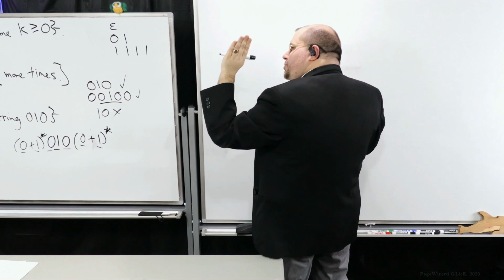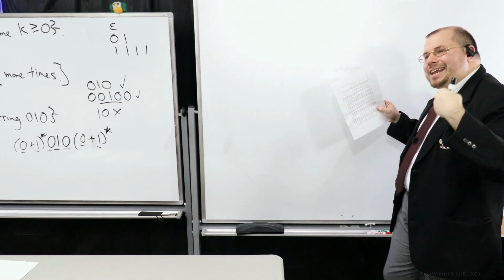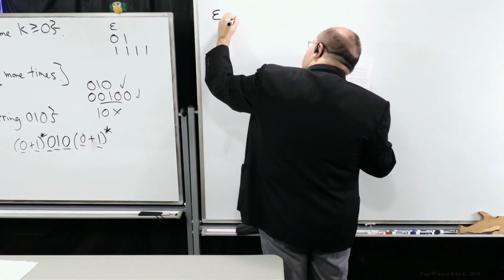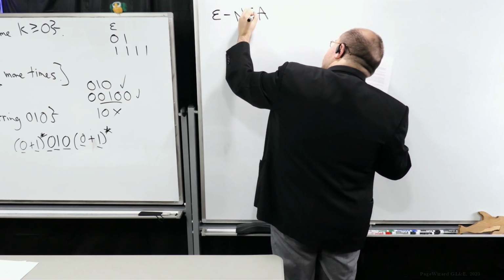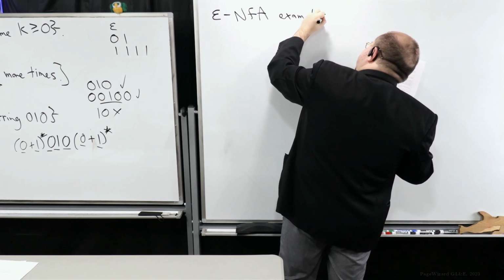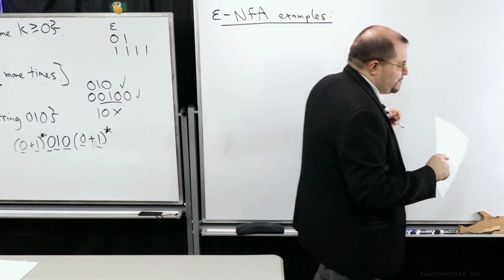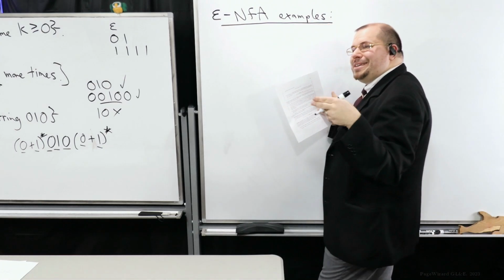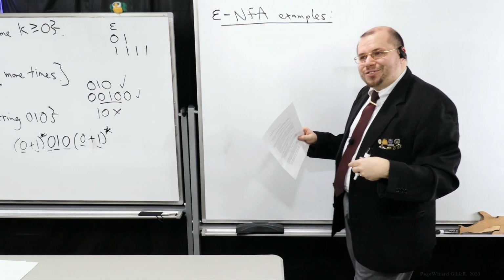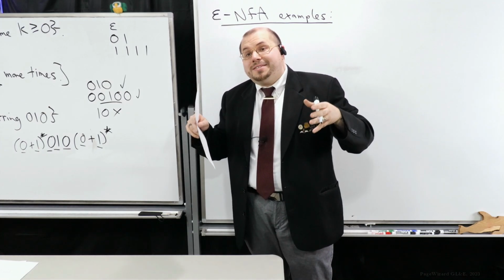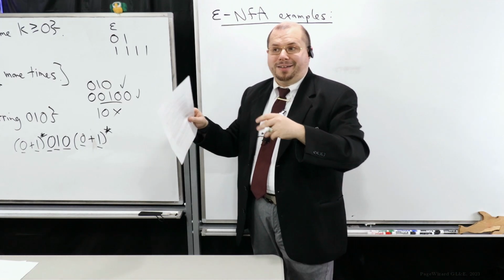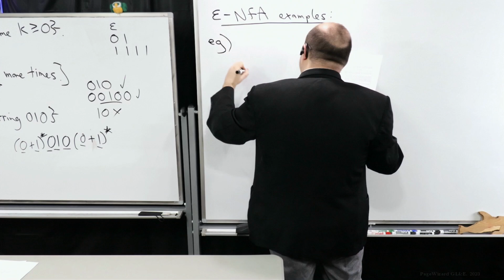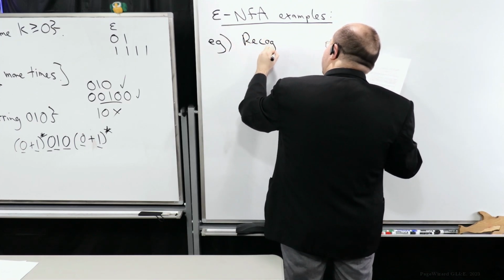Now, the main reason I want to show you these examples is because we've actually designed epsilon NFAs for these. So these are non-deterministic finite automata with epsilon transitions. I want to convince you that we can come up with regular expressions for those finite automata. So instead of me talking about just a machine, I could describe to you the regular expression which describes the same language that machine would recognize. And you'll see that there's actually something interesting going on. So we're going to revisit a couple of ideas here. First, we're going to talk about recognizing key phrases